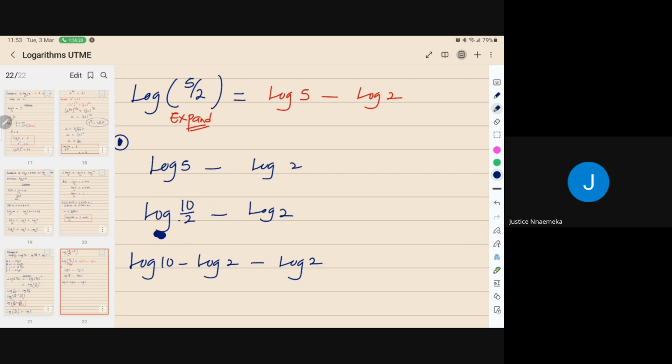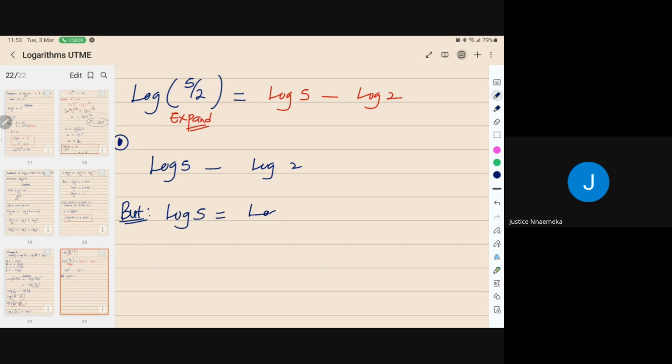Now, expanding this, log 10 over 2, they have division. So I'm going to expand it further. So let me do something here. Let me start from the beginning here. But we have that log 5 is also equal to log 10 over 2. And from the division law, we have that log